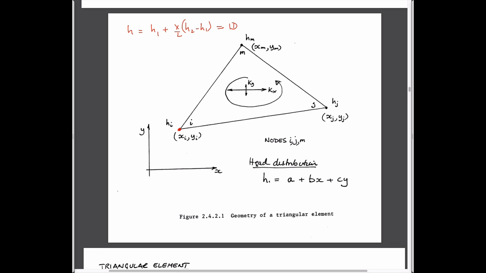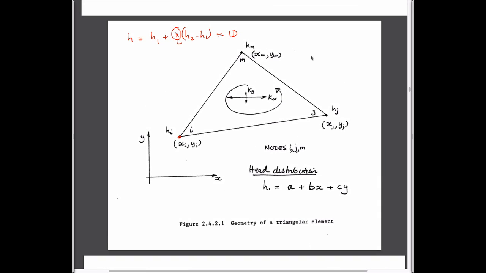So clearly in a two-dimensional case, we have not just values of x, but also values of y. And so the appropriate head distribution is going to be this. It's maybe instructive to think about it. If you draw this in perspective, let's see if I have some space here. If we draw, say, this triangular element like this, as you imagine looking at it at an oblique view, a horizontal